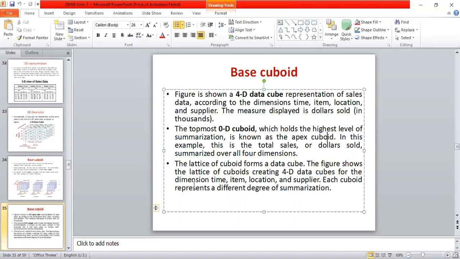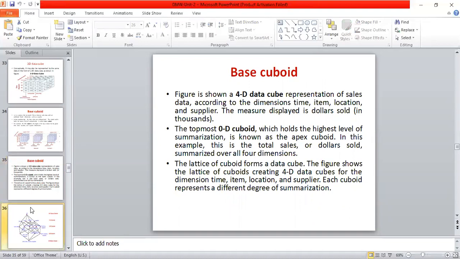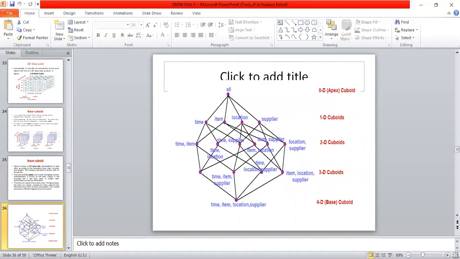So likewise the remaining levels will be described. For example, see here. Say XYZ creates a sales data warehouse to keep records of the store's sales for the dimension data like item, time, branch, and location, etc. Right? So XYZ are the 3D, right? In the same way there is n-dimensional data, right?